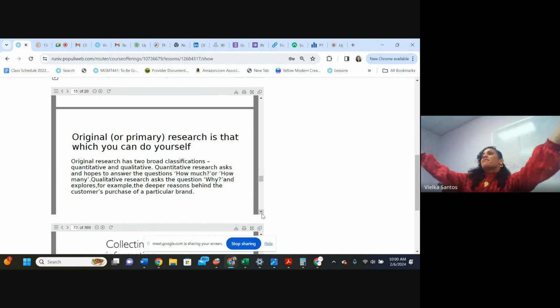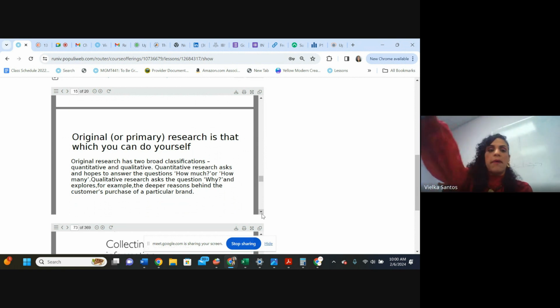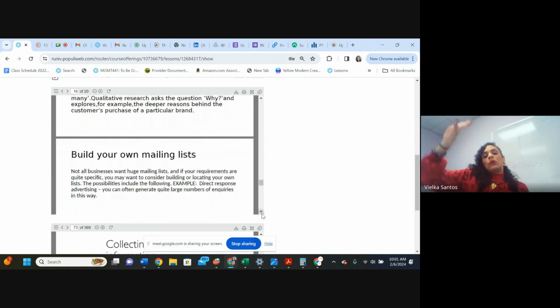So primary research, what is that? Research that you are doing now by yourself. You create your form. Remember, I was showing you Google Forms. That's the research that you and I do by ourselves, and we collect the data directly from our prospect, customer, audience, population sample that we want to study or serve, okay?